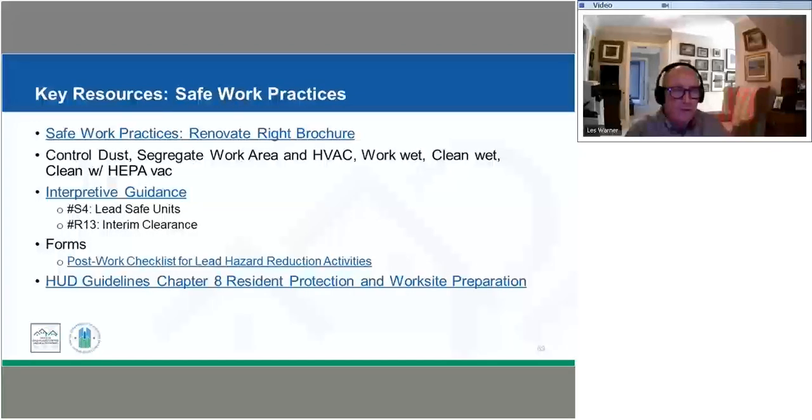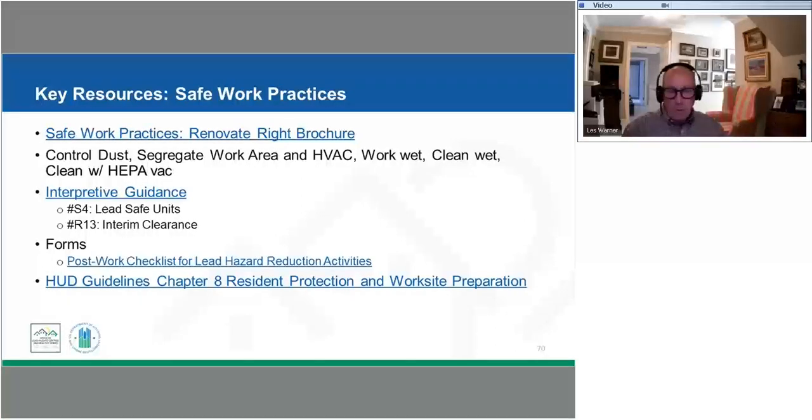All right, so some key sources on this. We've mentioned safe work practices. The Renovate Right brochure, which is required to be provided to the owner occupants by the RRP certified contractor, has a lot of really good information in it. I actually found it a very interesting read. We've talked about controlling dust, trying to segregate work areas, dealing with the HVAC system,